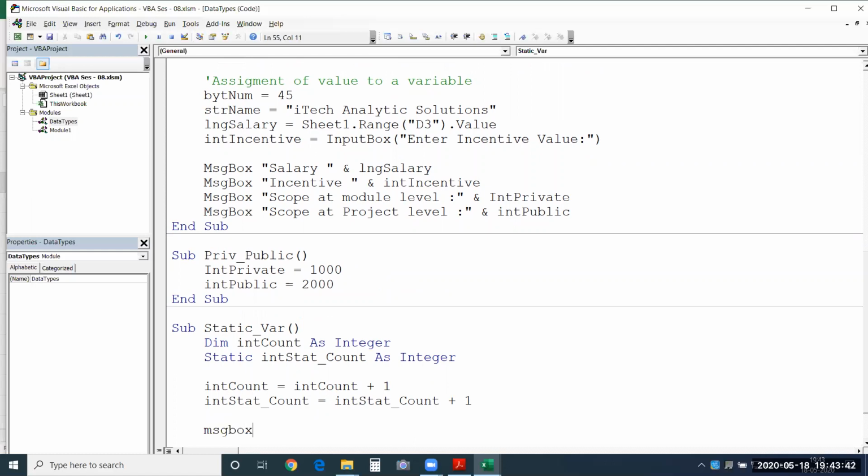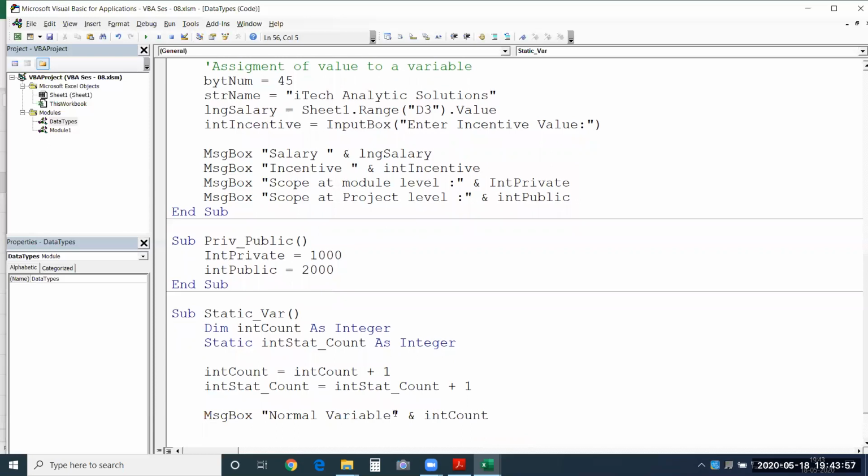Message box, I'll say normal variable, and I'll print that int count along with this. So I'll give a space here. I'll take another message box, I'll say static variable, and I'll say int stat count.